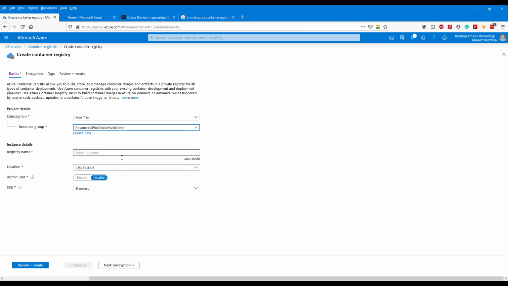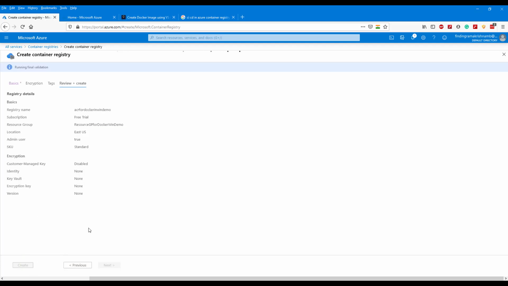Select the resource group we previously created. Give a valid name. Make sure that this registry name is available. Location is US. And please make a note that we should enable admin user. Otherwise, we cannot push our Docker image from local to Azure container. So review and create. Validation passed.